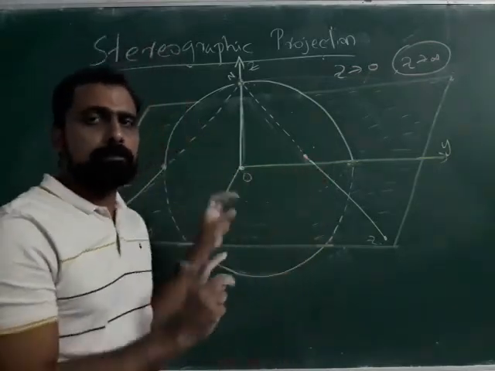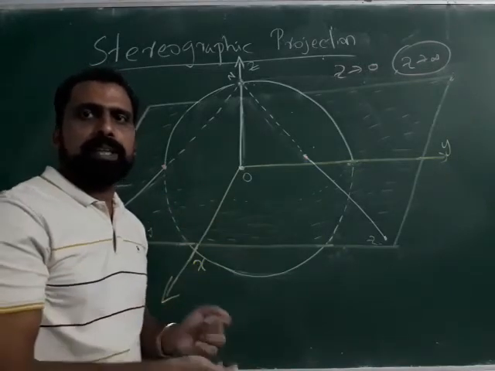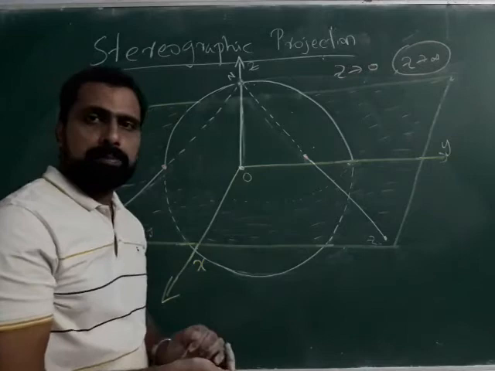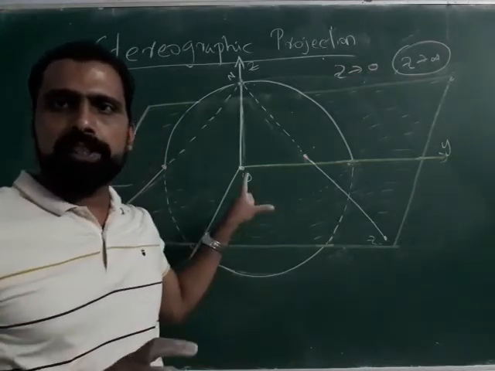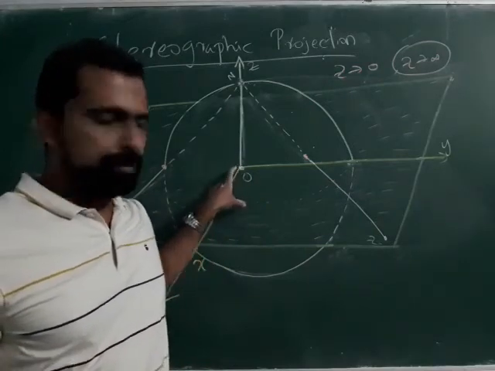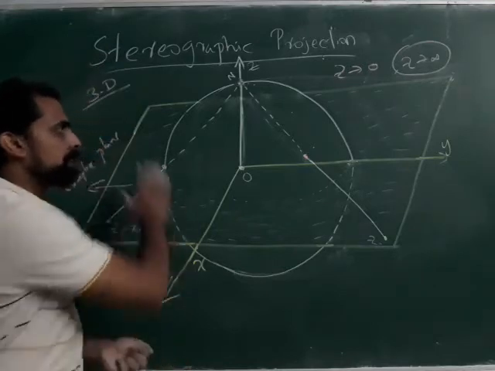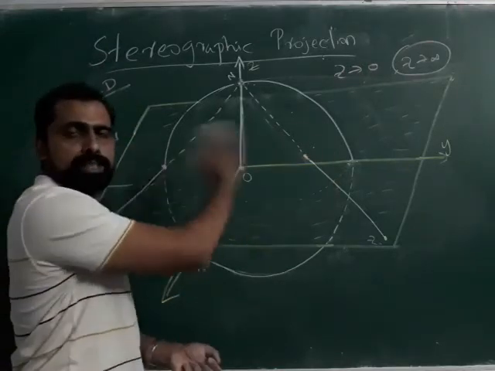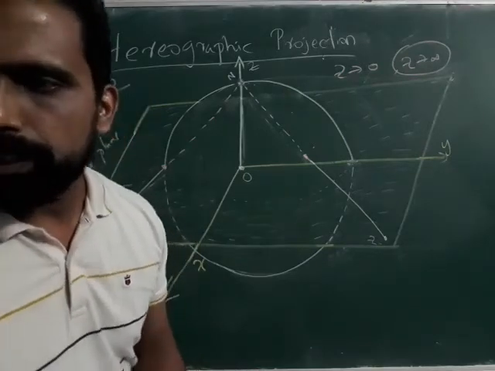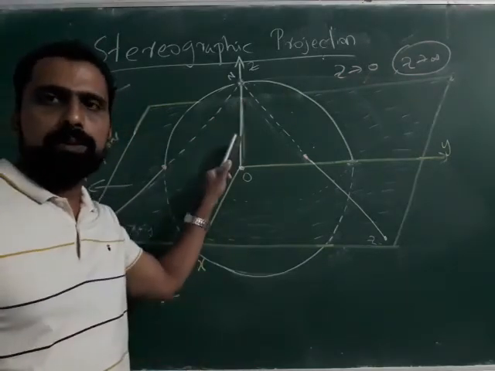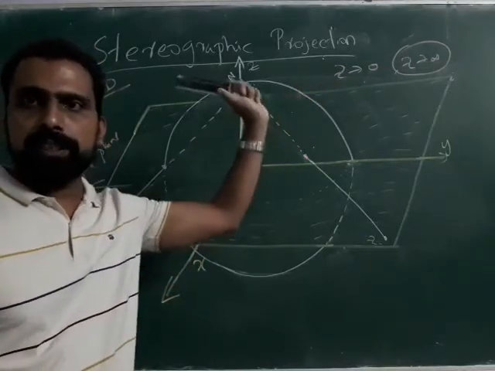So this is called the stereographic projection of your complex plane. This is a good concept. You will get a lot of ideas about it. And also from this stereographic projection, you will get the x and y values. For that, you will just take the bisection of this. You may just check it out. I hope you understood how you can say about z tending to 0 and z tending to infinity from